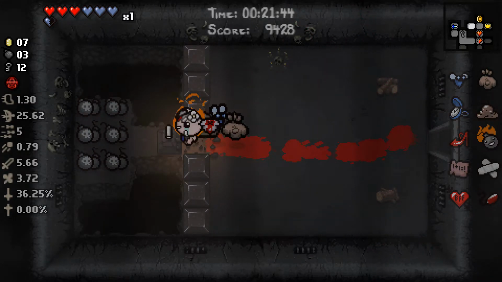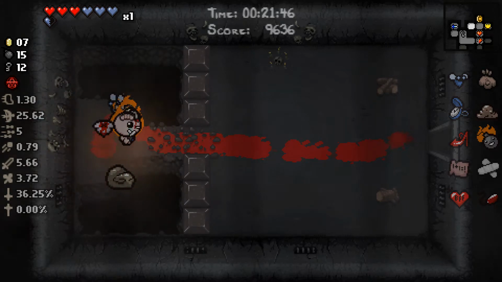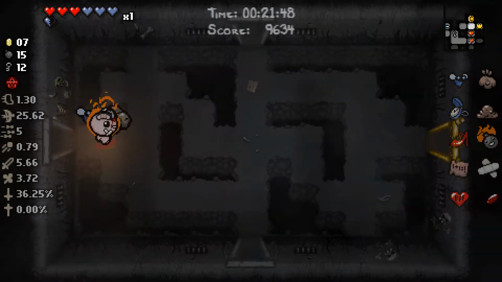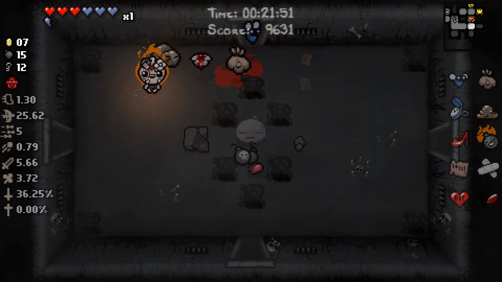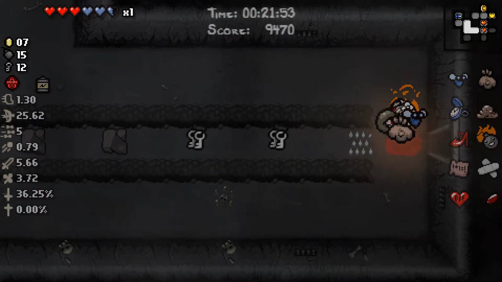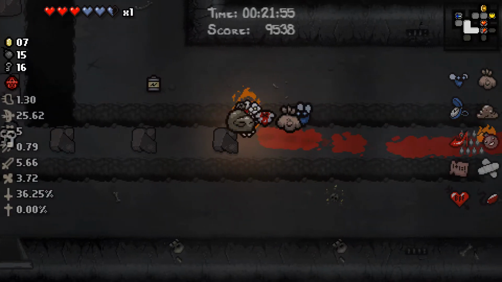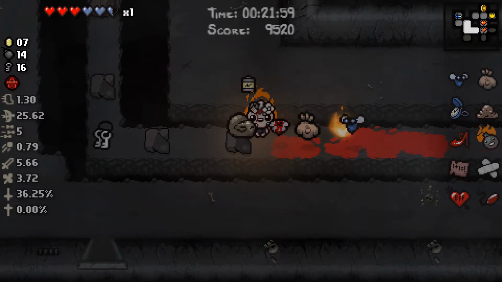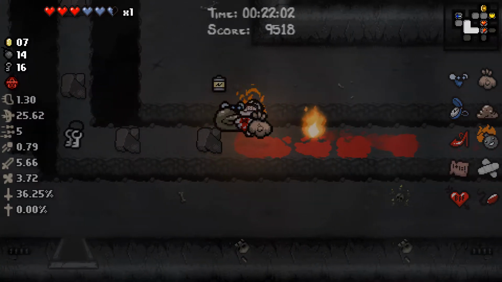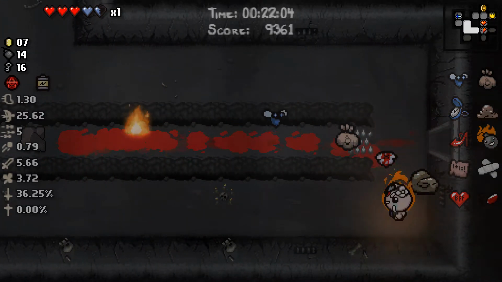I will use 2 keys to get 12 bombs, though. Now I really don't need that explosive diarrhea pill in my life anymore, but... Well, guess we're getting this. Can I get out of here without running into spikes? I don't think I can. Whoops. Oh well. Who needs health when you got